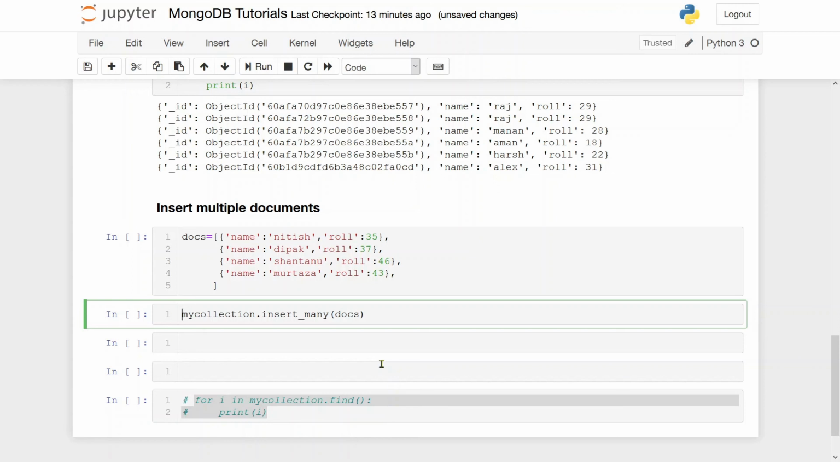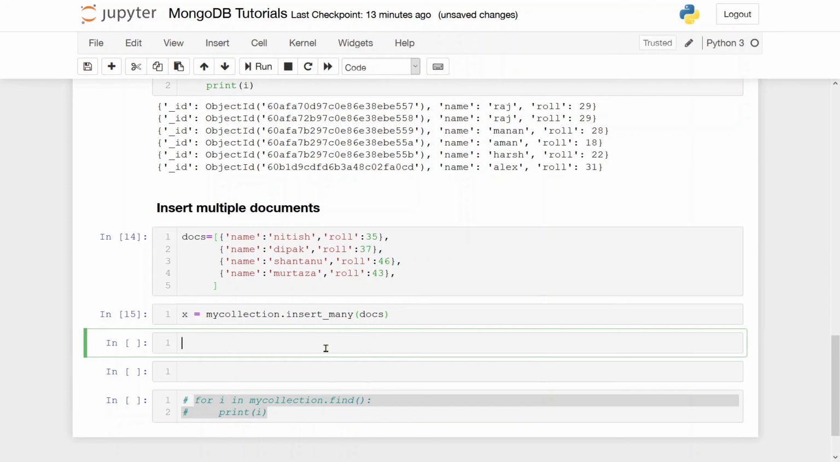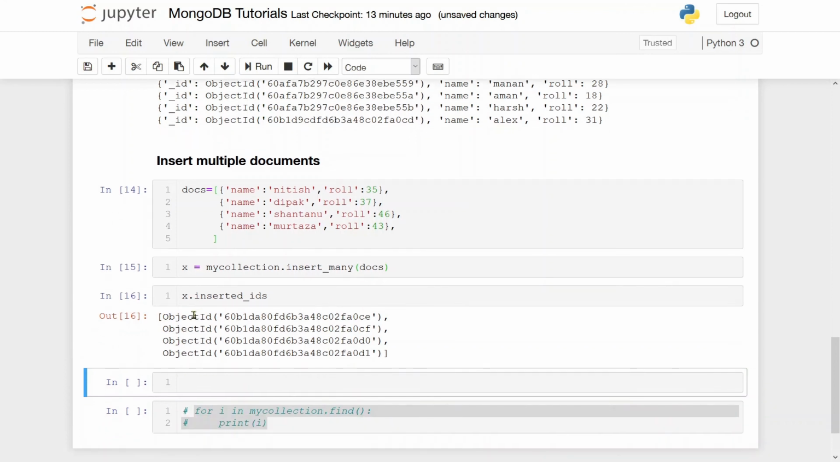So I have to somehow store it. So how can I store it? Let's say I store it in a variable x. Again, you can take any variable, but for simplicity, I will use x. Okay. If I do this, first of all, I have to run this and then this. So I think it is successful. If I want to see the IDs of my objects, I have to simply write x.inserted_ids. So if I run this, I get 4 object IDs in a list form, which are obviously unique in nature,